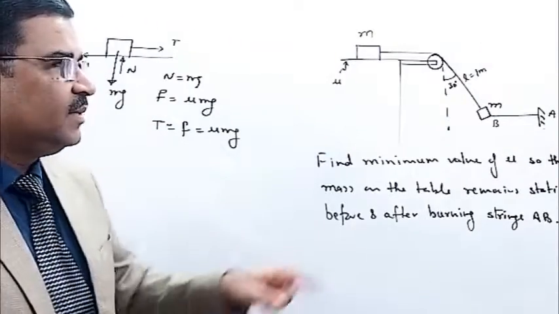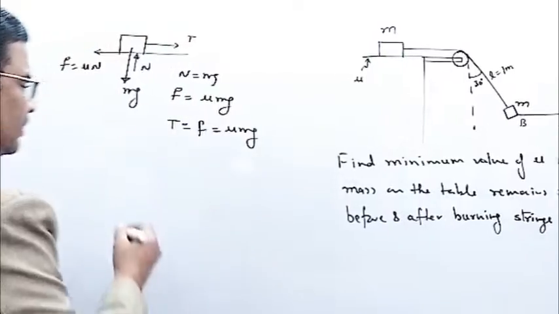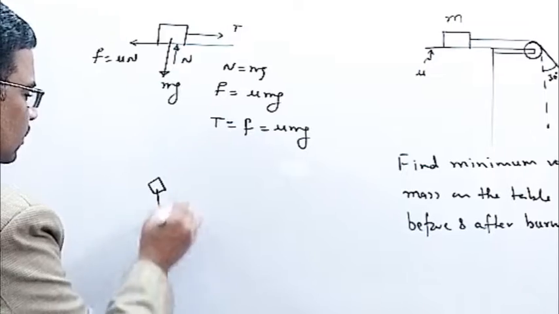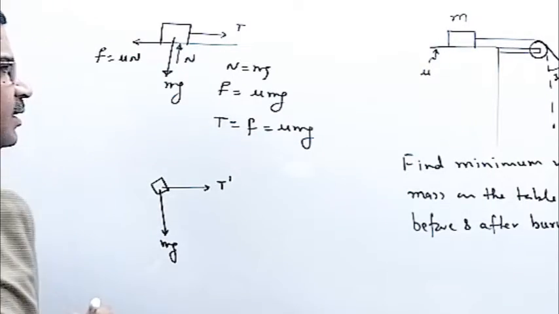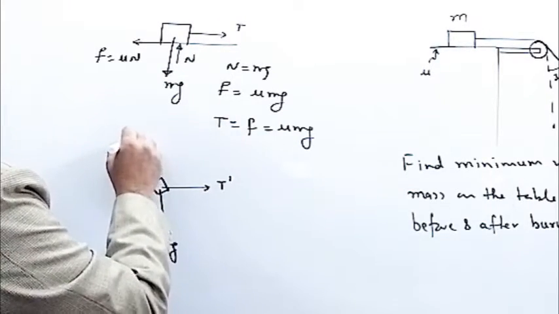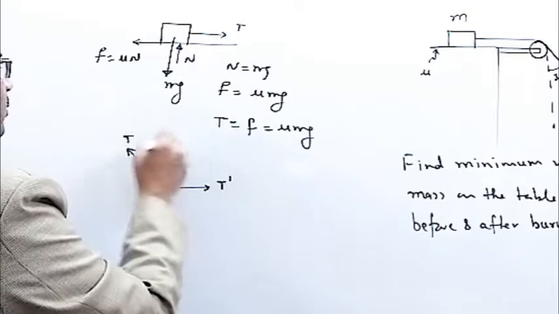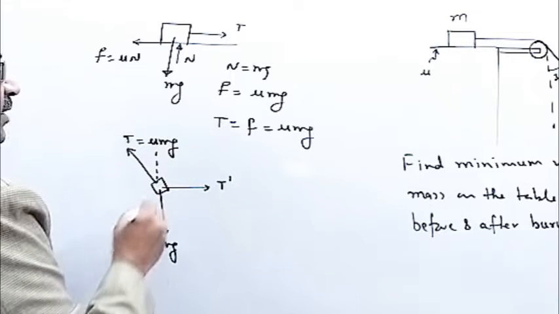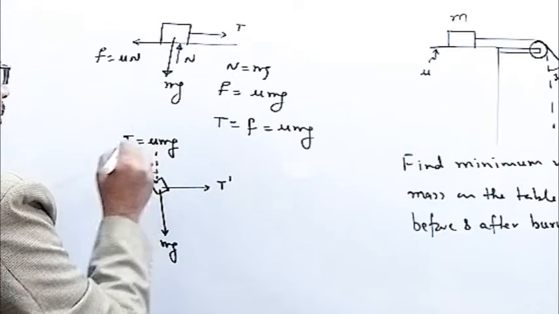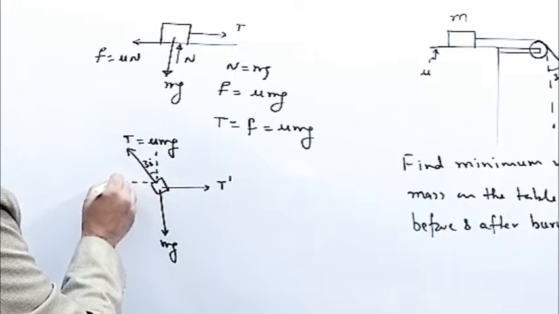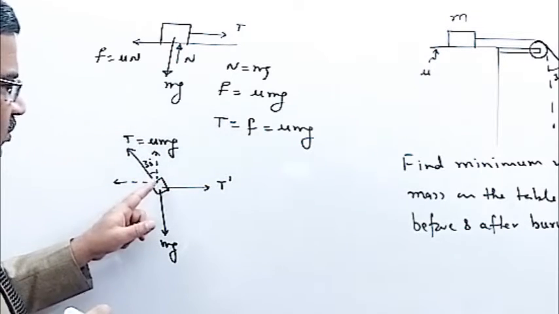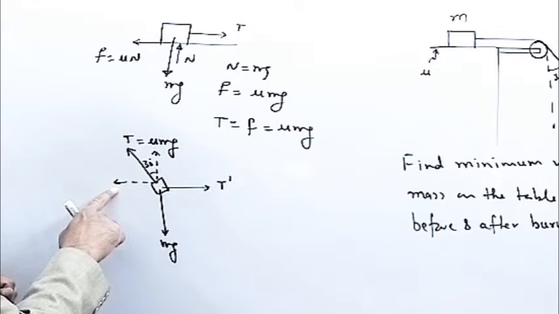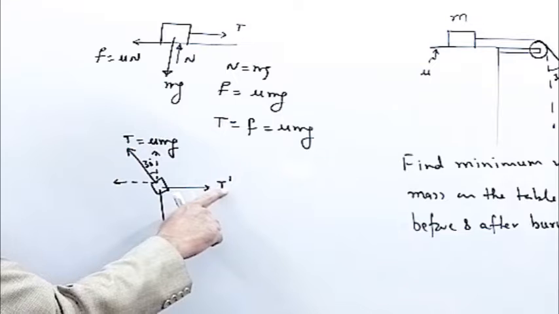Now we consider the second mass small m, which is acted upon by three forces. One is its own weight, which is mg, the other is the tension from the string AB, and the third one is the tension which was this one, which is mu mg, and this tension is acting at an angle of 30 degrees. So I can find the component of the tension, one on this side, the other on this side. Now this will be mu mg sine 30,